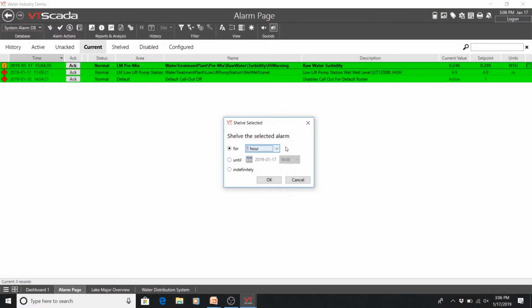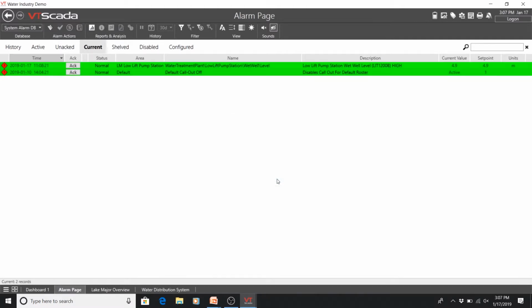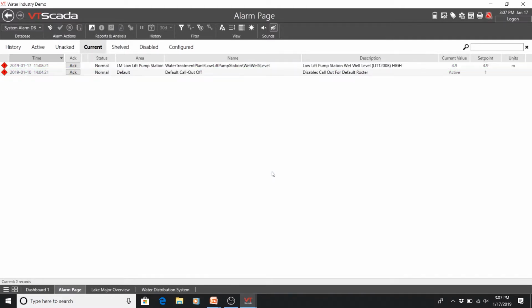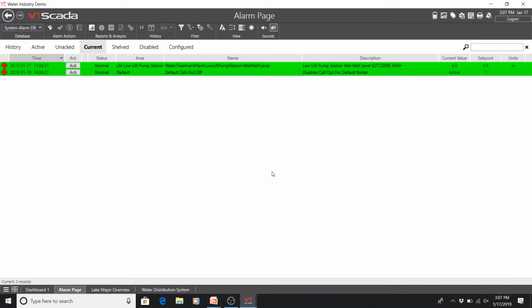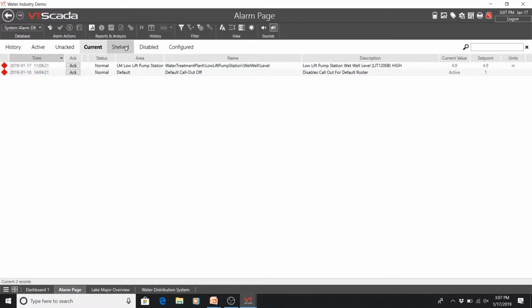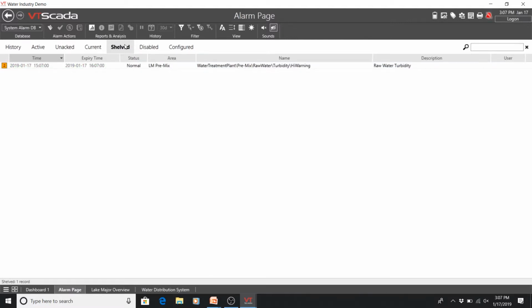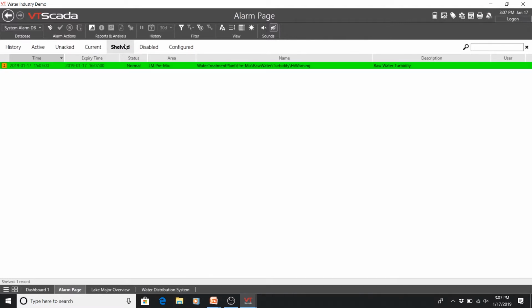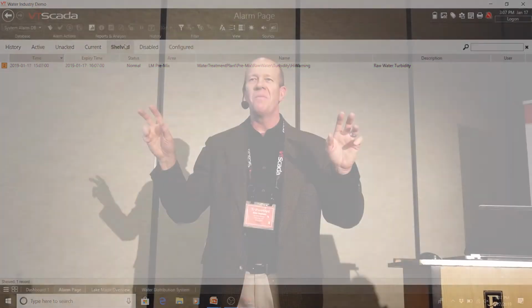No, it never happens that way. You say, you know what? I'm going to snooze this thing. Here's my snooze button. I press OK. It is now off my list. That's the ultimate snooze button right there. The cool thing is I actually have a menu item that says shelved. And that shelved shows a list of all the alarms that I have now put into shelve mode or snooze mode. At the end of that time period, being 1 hour in this case, it's going to alarm me again. It's going to become active and ring the bell or sound the horn or make the phone call.